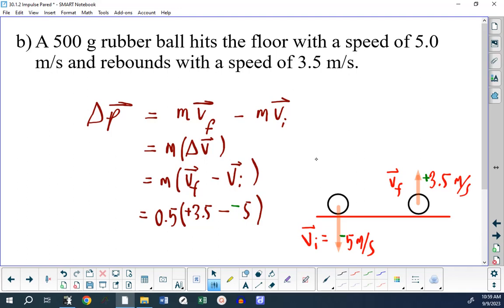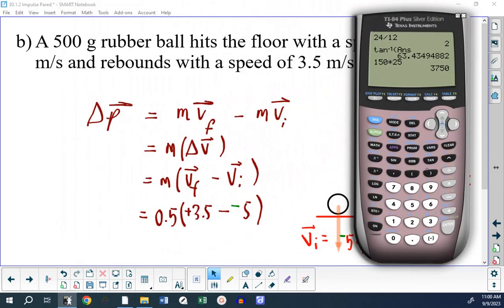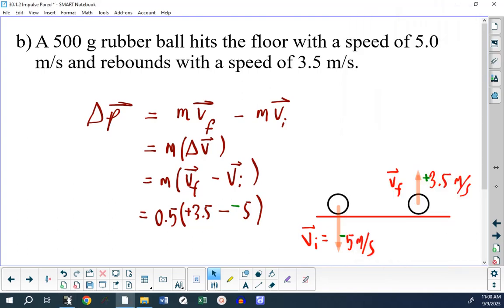If you don't include that negative, you will get the wrong answer, both in this question and on the quiz that you wrote. So 0.5 multiplied by, in brackets, 8.5. You can use your calculator for that part. But I get 4.25